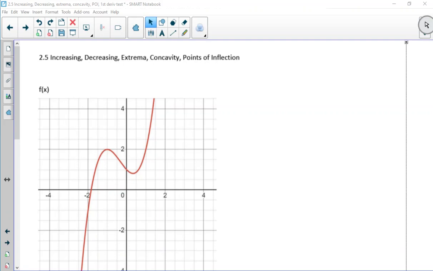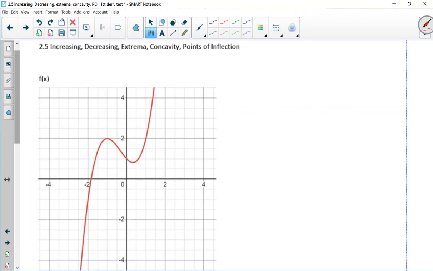All right, guys. So today we are talking about a really important topic in calculus. We're talking basically about how to use the first and second derivative to figure out characteristics of the original function f of x. So this is still falling in the realm of, if you were in AP pre-calc last year,